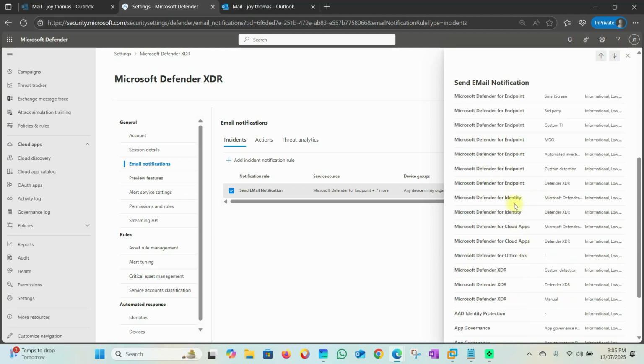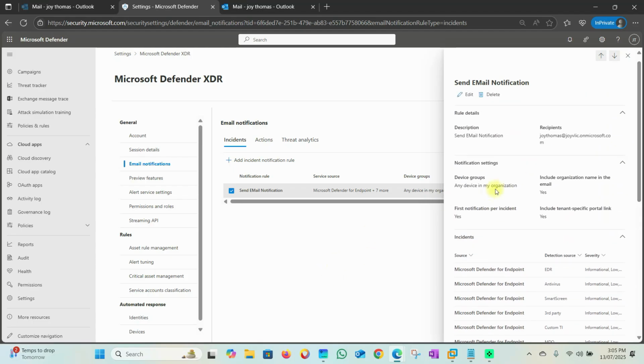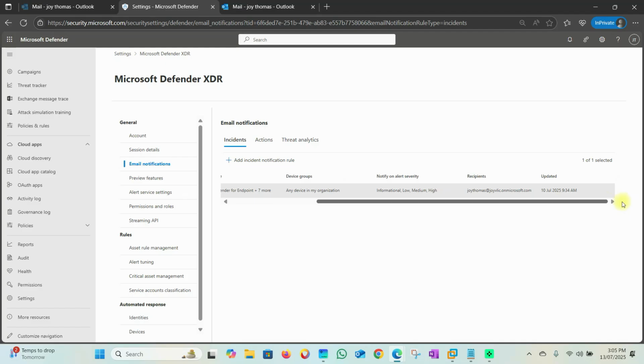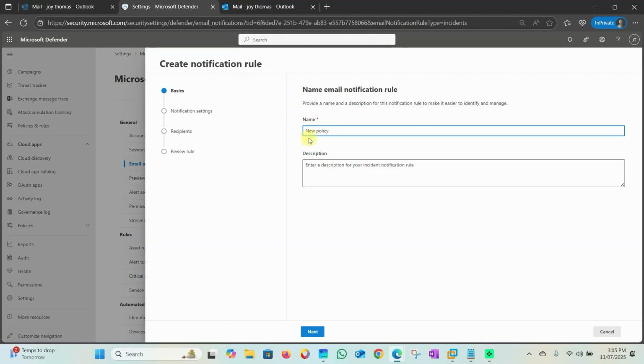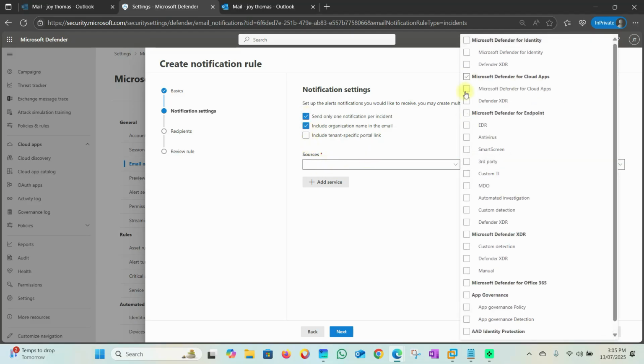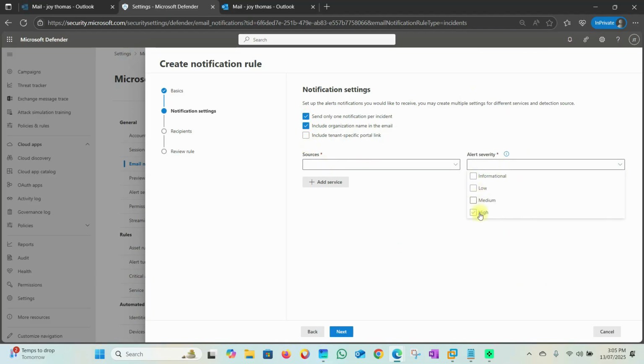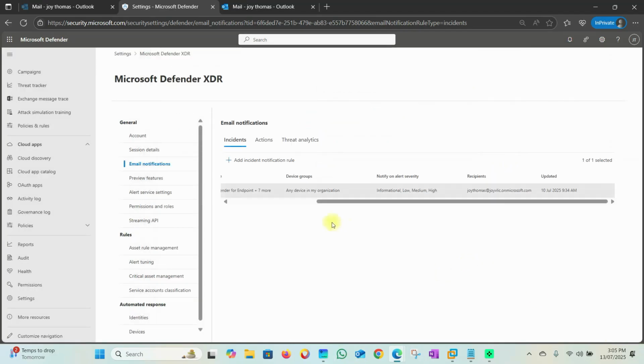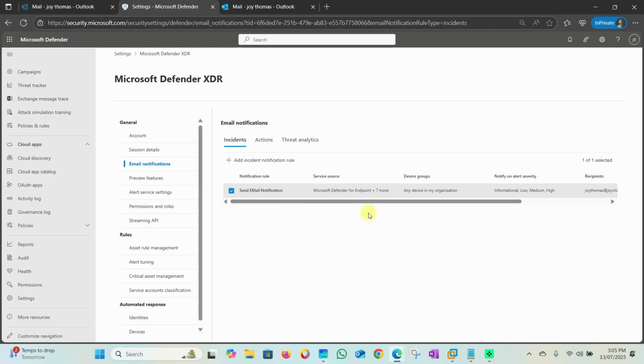So you can see Microsoft Defender for Identity. I will choose the user, you can see Joey Thomas. Once any alert comes, you can also add, for example, I just click next. So send notifications only per second, whatever. Include in the notification the organization name and email. You can choose all the sources, and alerts that are low, medium, or high. Then click next and give the email address of the recipient. That way I receive the email notification also. So now you understand that step also, how the alert will be coming and how the